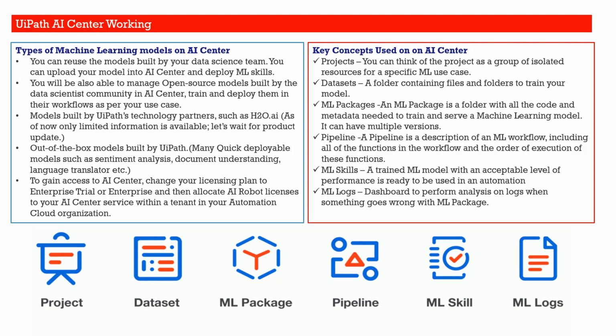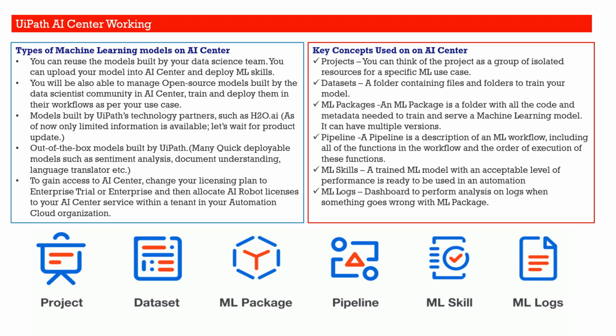Then the third way is you should be able to use the models, and when I say model, that means ML packages given by UiPath technology partners such as H2O AI, or maybe some other third party platform partners. They provide their out of the box models, right? Document Understanding is one which is given by UiPath. So Document Understanding is nothing but a machine learning model or ML package given by UiPath that will be used for invoice and text extraction. We'll look at that in the next slide, right? So these are the different variations of ML packages that you can use.